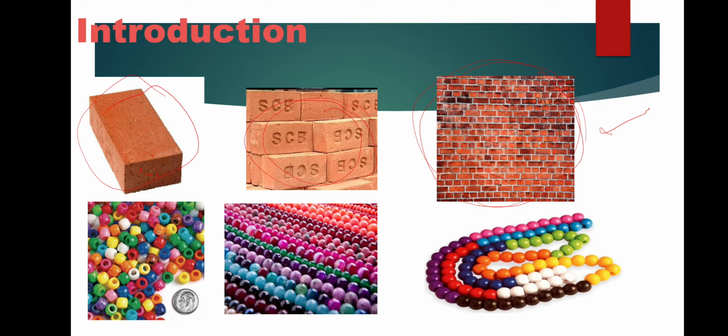Next one is beads, loose beads of different colors. What is this? These are beads that are made into chains. This is also a chain, but it is of single-colored beads arranged. Here you can see different colored beads arranged and made into a chain. So if you take this also, the properties of the beads and properties of the chain are different, because when it is converted into a large thing, it has its own property. The small beads have their own property. That is what you have to keep in mind.